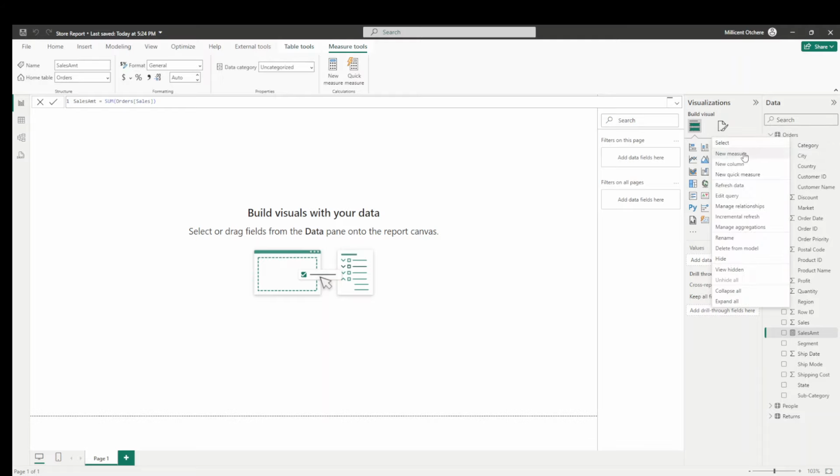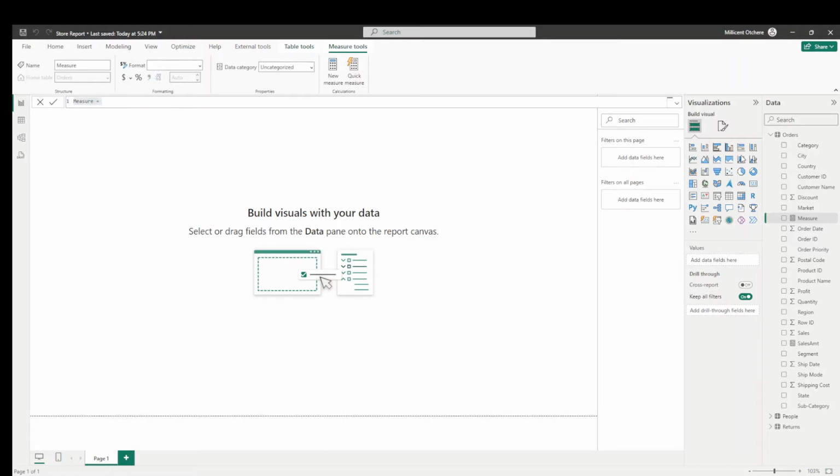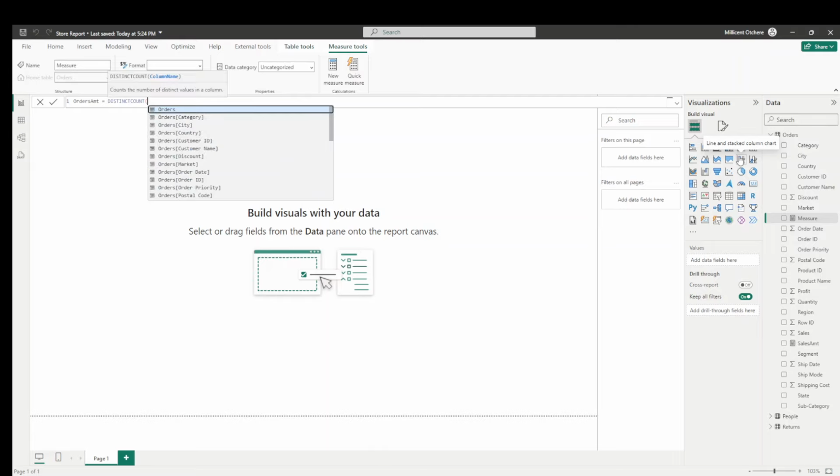And also we are going to look at how many orders we had. So we are going to count the distinct number of orders that we had in the period. So for the order ID,